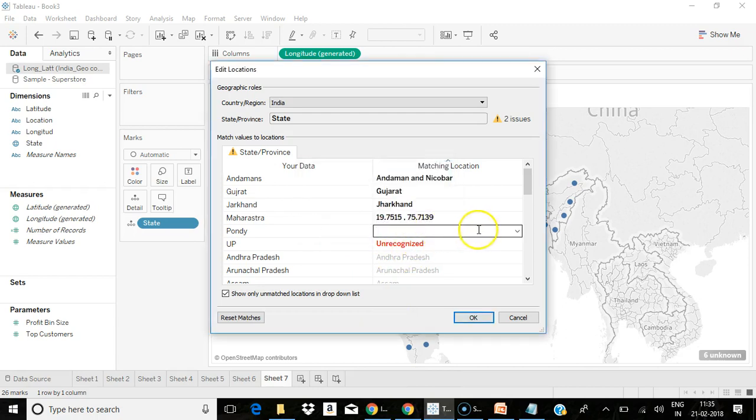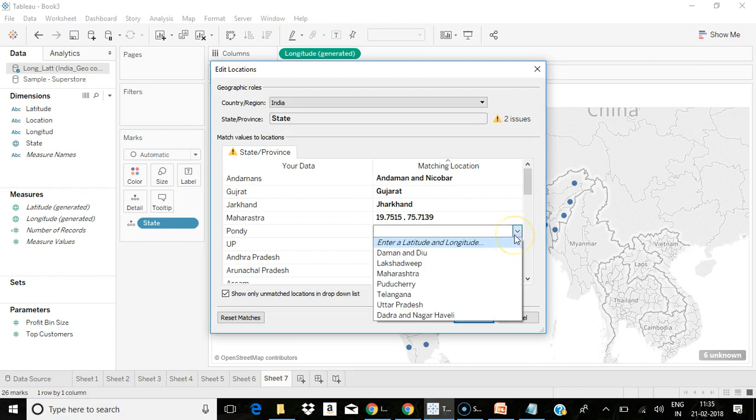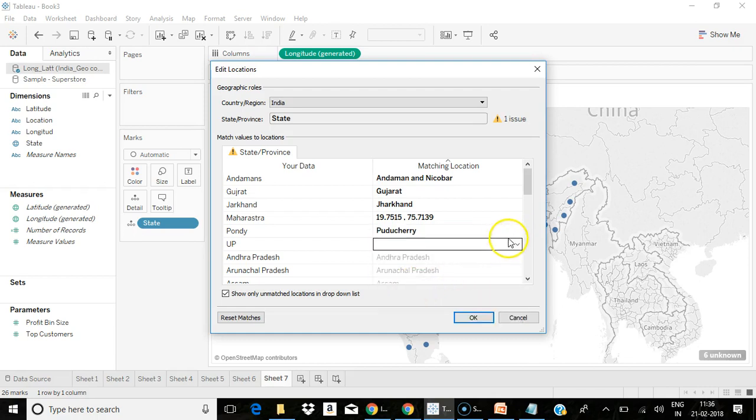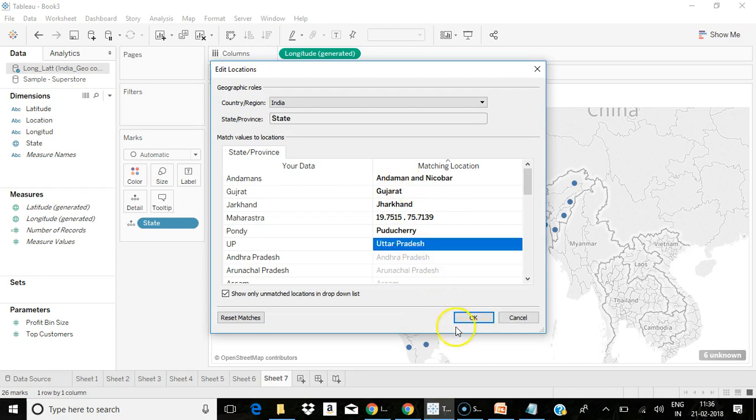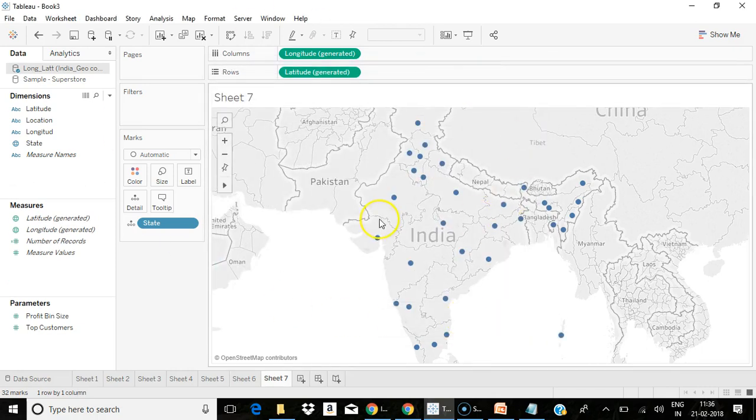So you can enter your latitude, longitude, if you could not find that particular state or country or any geographical area from your drop downs. So these are the three ways you can edit the location in Tableau.